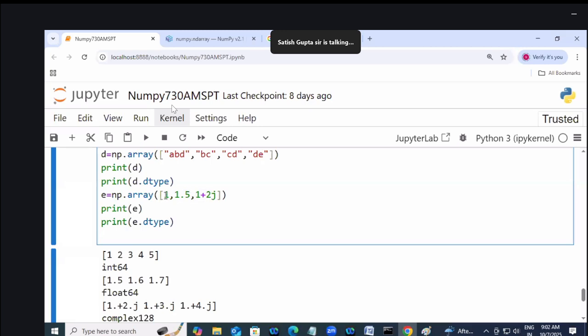Complex. Then this integer is converted to what? Complex. This float is also converted to what? Complex. That is implicit conversion. Now if I'm writing f equal to np dot array, if I'm writing 1 comma 1.5, an integer and a float,